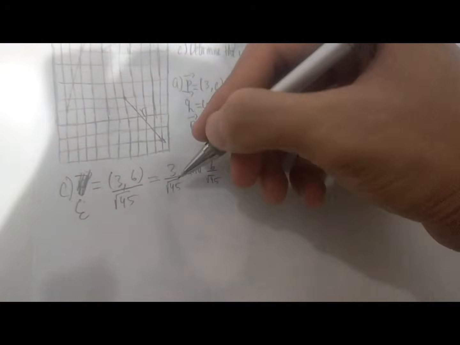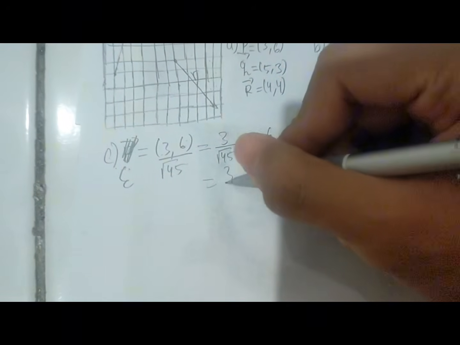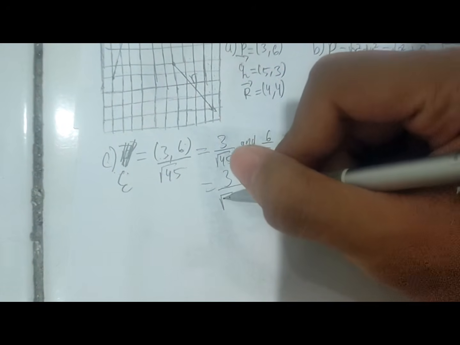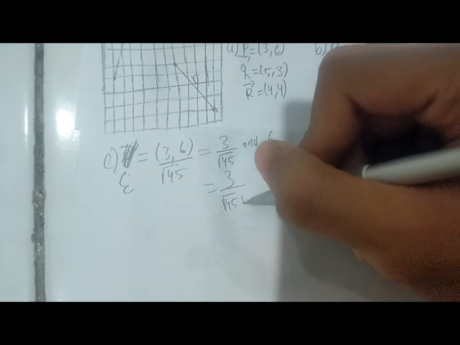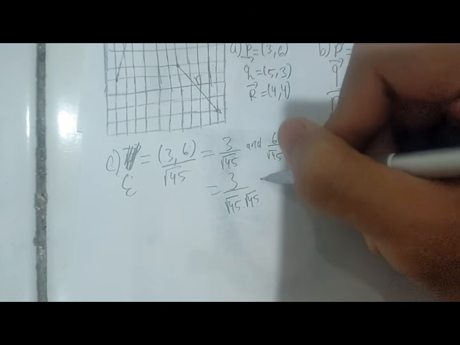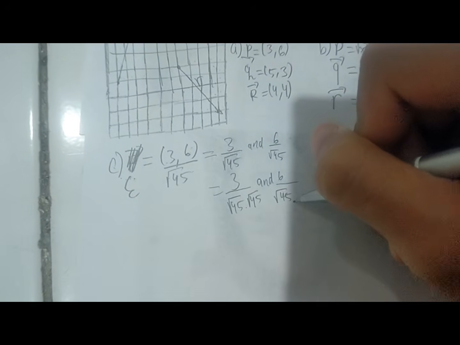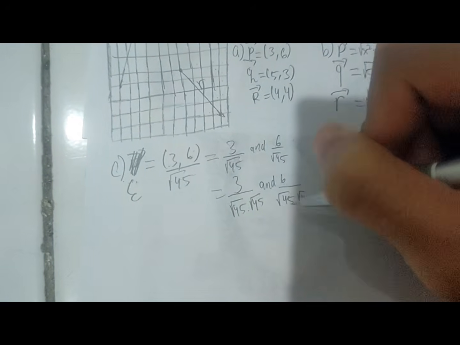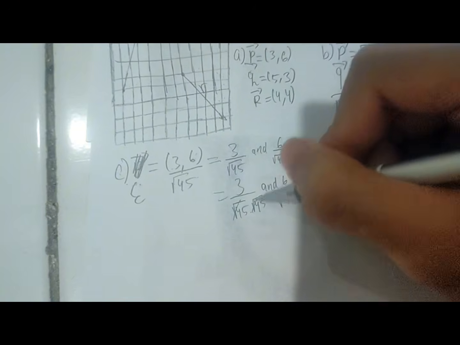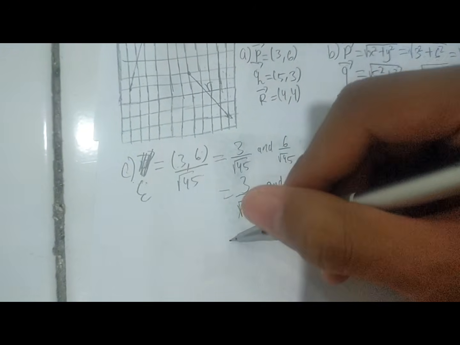But as we know, the root cannot stay down here, so we need to erase the root. We multiply by root 45 over root 45 for both, so that it becomes